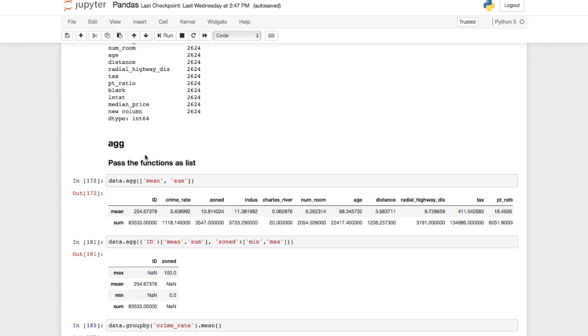Then there is an aggregate function. Pass the functions as a list, so basically whatever you want to aggregate with. If I want to aggregate, data.agg is the command, and then I'll pass the functions. Inbuilt functions are like mean and sum. So if you want to know the mean and sum for all the columns, you will pass the functions